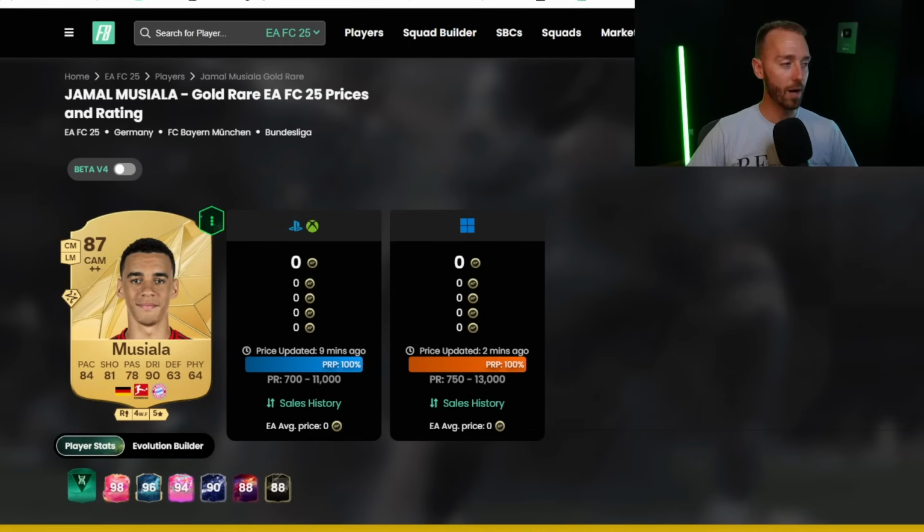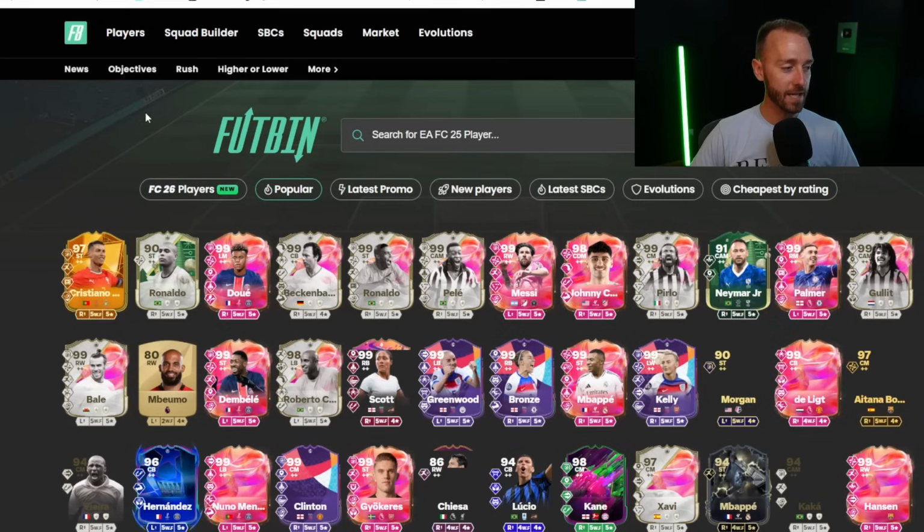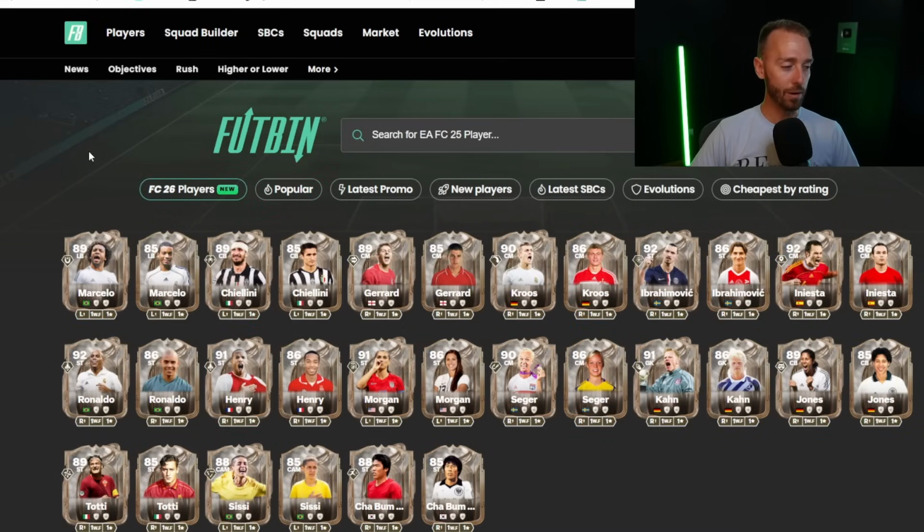It's probably going to be a while before websites like Footbin have these ratings because right now they're all leaked, they're not confirmed, and all of these websites I believe have connections with EA, and that's how they get the stuff super fast after content drops and stuff like that. I don't know when we're going to get a database. I hope it is soon, but the hope for us to get a database in the next couple of days